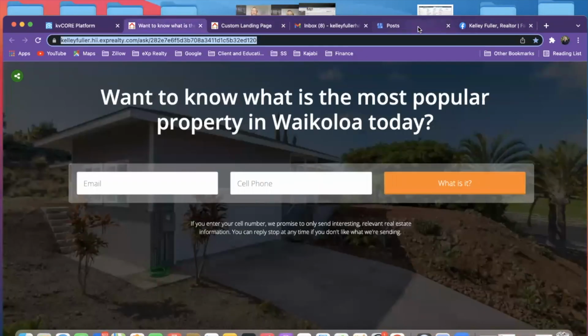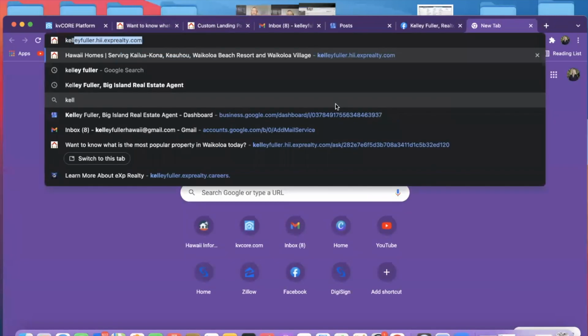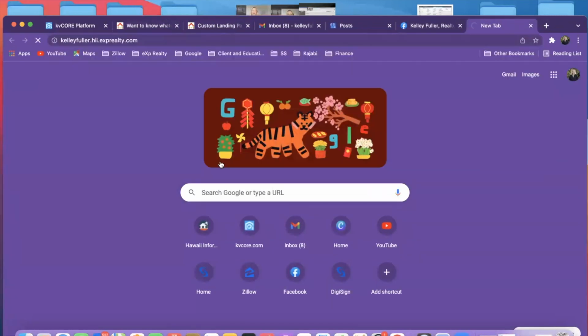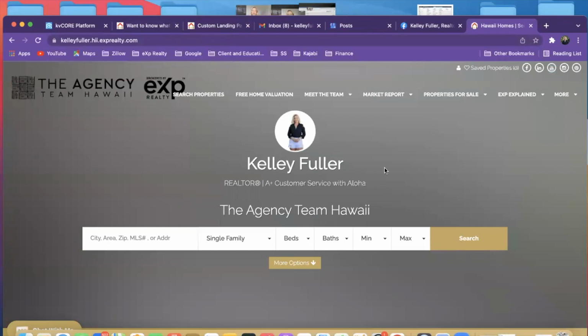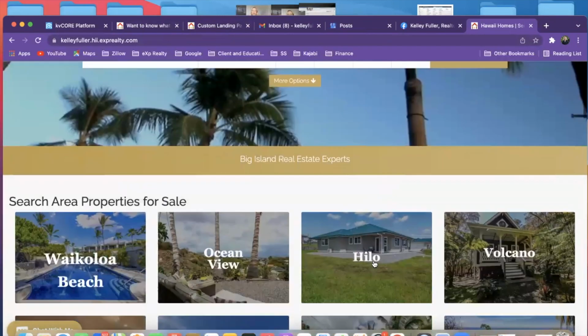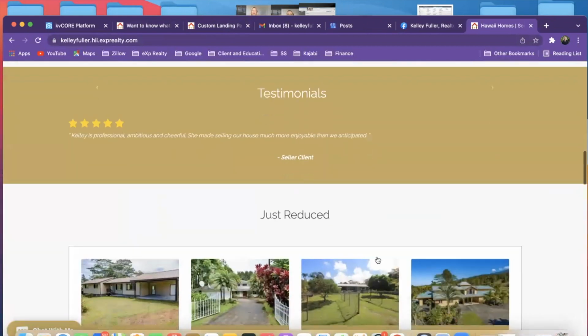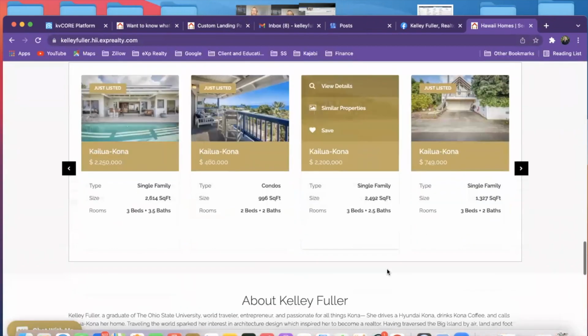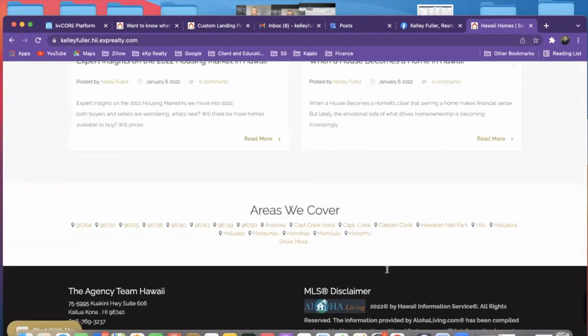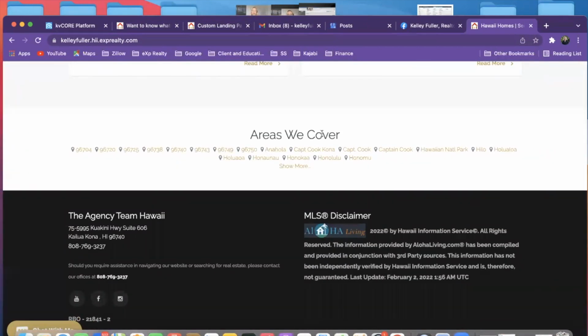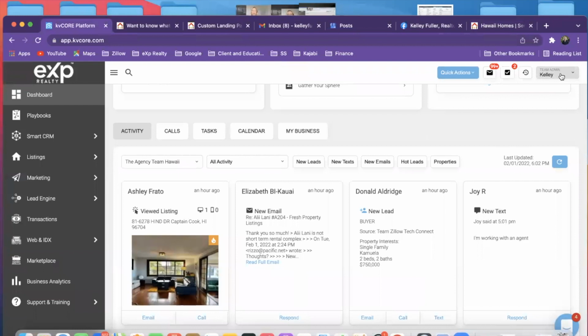basically on our website, we all have a website through kvCORE. If you go down to the bottom, mine looks different. I had mine done up, but the most important part at the bottom, we all have these areas we cover. And these are all different zip codes, whatever you put in your profile, in your kvCORE profile. So whatever you have listed, if you go to my profile,